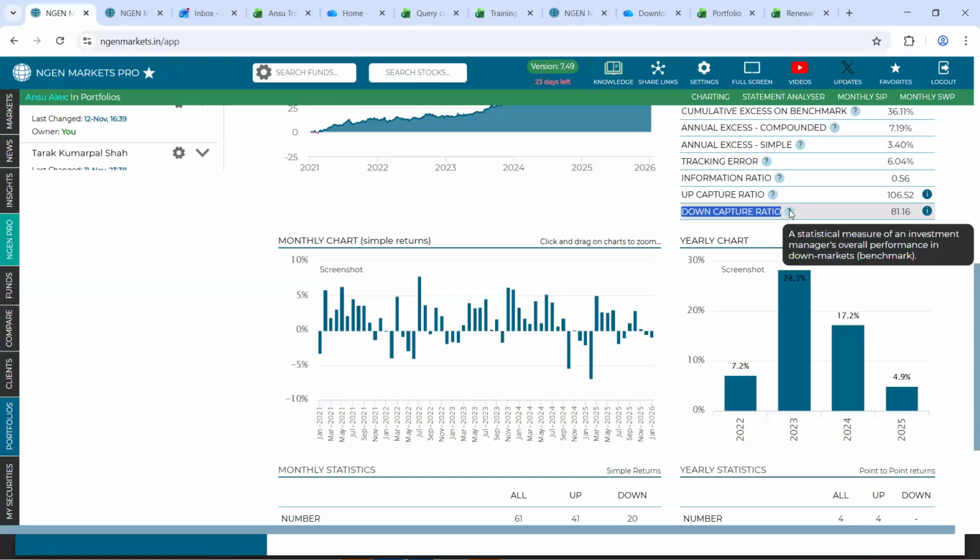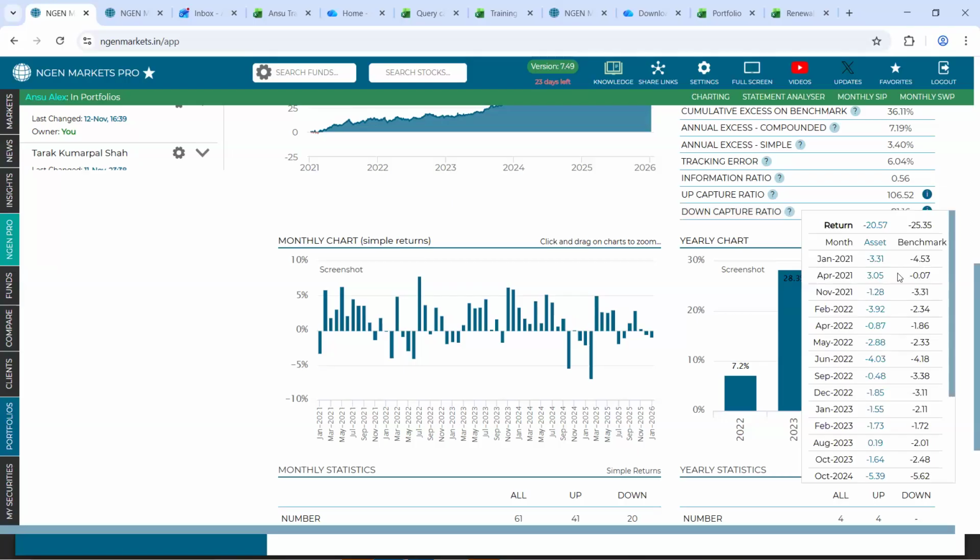This will tell you how the portfolio performs when the benchmark was in a bear run. So, in a similar way, we consider only those months when the benchmark generated a negative return, and the corresponding returns generated by the portfolio are considered. Similarly, a CAGR of this data set is what we come up with. So it says that when the benchmark was falling by 25%, the portfolio fell by 20% only. Hence, we see some level of resilience in the portfolio, which is what we can see right here.